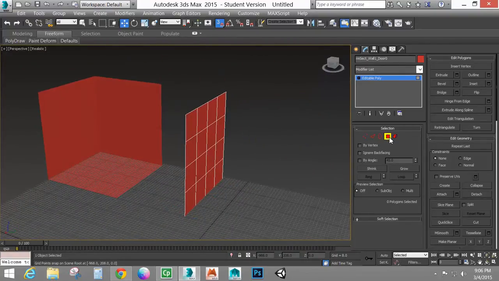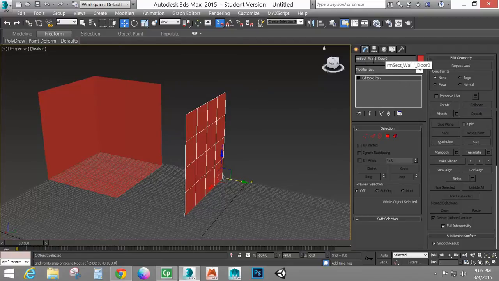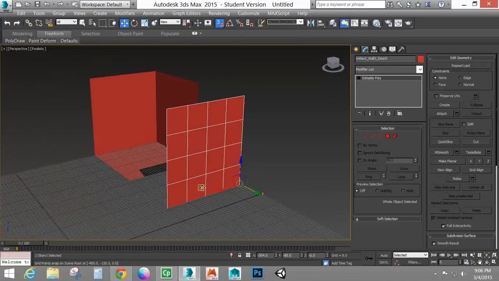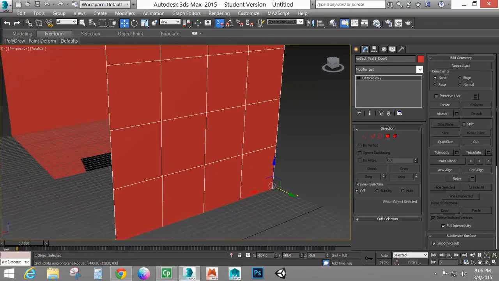Alright, so that is room section wall 1, no doors, because it has no doors. It's also already unwrapped, so I don't have to worry about that. But something that I'm going to do with this section is I want to create,